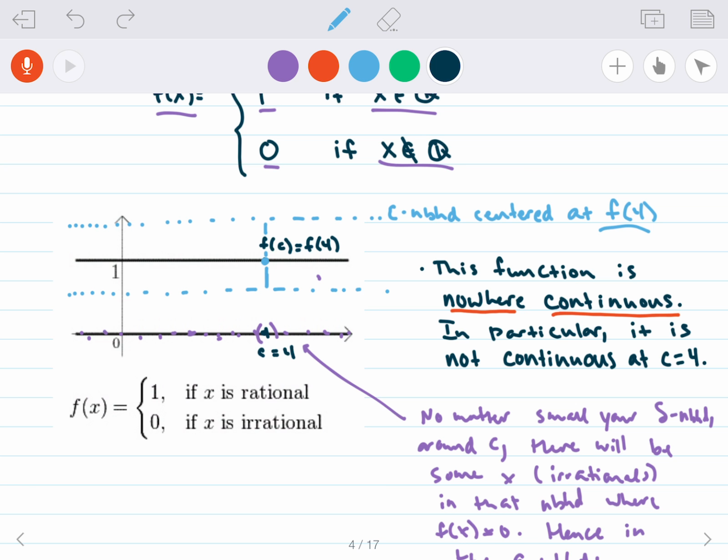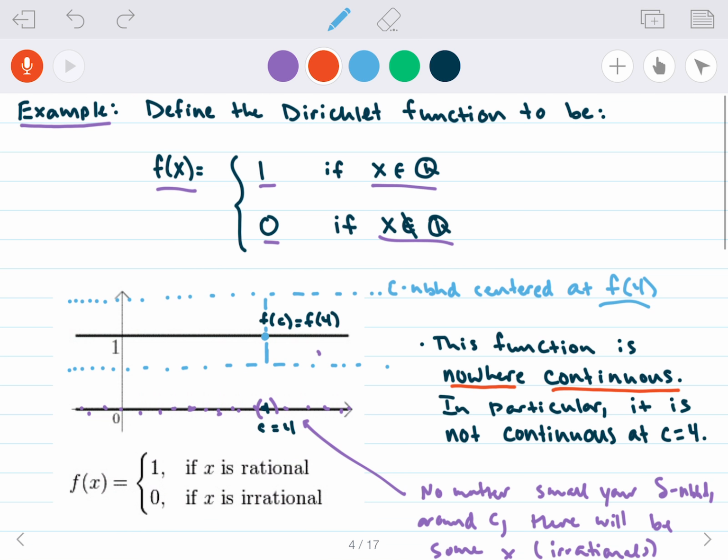And remember, the definition says any epsilon neighborhood. You're not in control of epsilon. You could say, okay, but like, what if I made the epsilon neighborhood like this? Well, then everything would fall in. Well, sure, but the definition says that you're not in control of the epsilon neighborhood. I give you the epsilon neighborhood, or, whoever, the god of math gives you the epsilon neighborhood, and you have to find that delta neighborhood that satisfies the conclusion. Okay, so